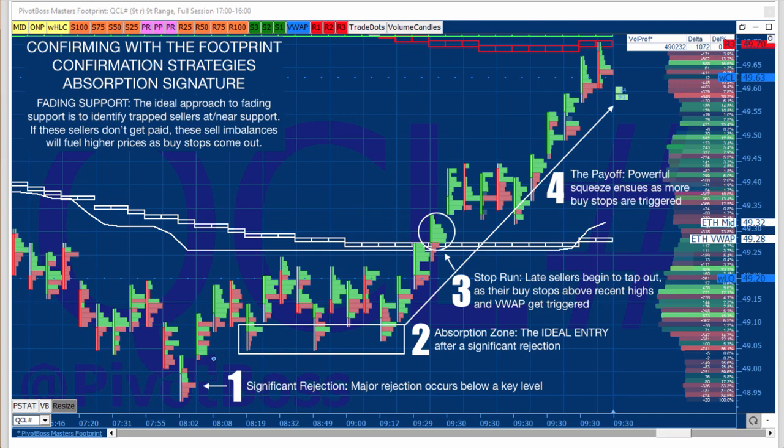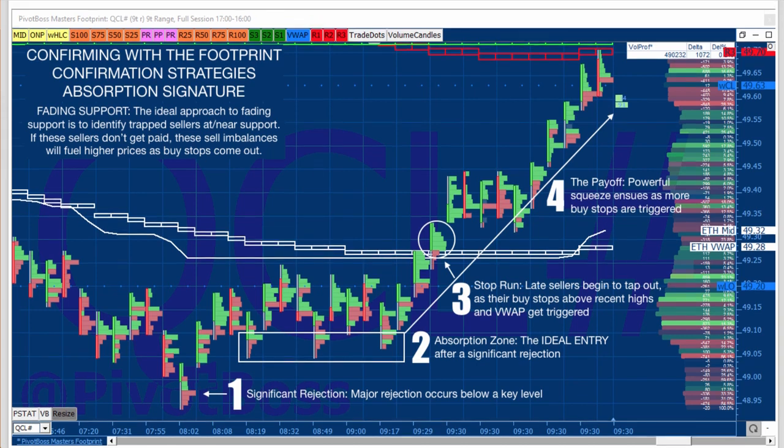But a nice continuation. This is what the absorption signature looks like in the footprint chart. And then again, when these trap participants here can't keep it offered, the stops come out. When this thing starts to float higher like it does, additional sellers that become trapped become additional fuel as well. So if you're long in this thing, you want to see sellers come into the market and get trapped. You want to see sellers come in right here, in the footprint at least, and get trapped. That's what you want, and that's what can keep you into these trades.